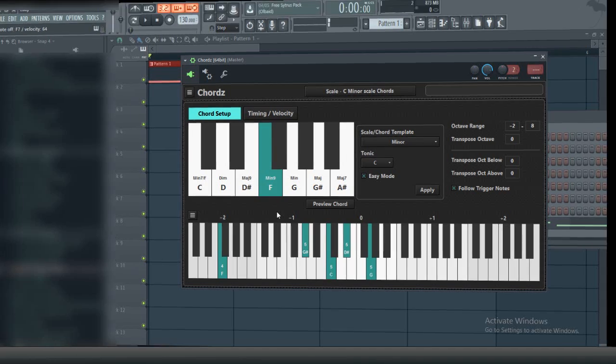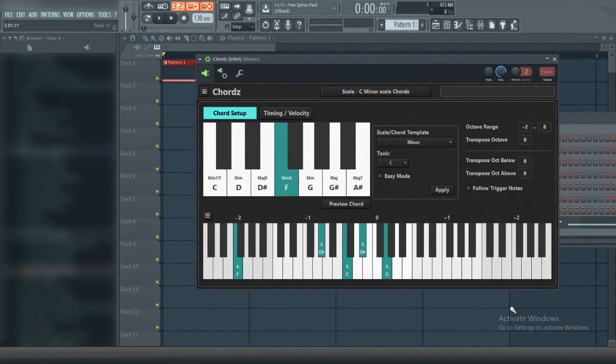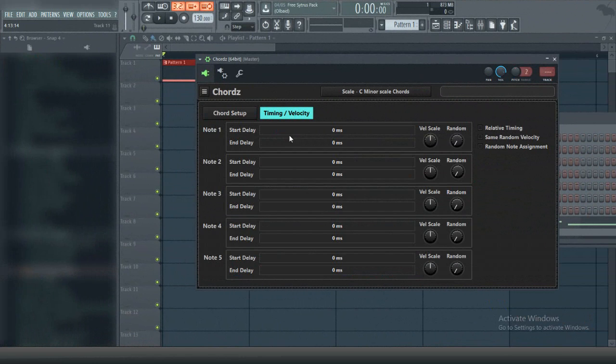All right. And last but not least, you have control over the timing and velocity of each note in the chord. Now, this is very powerful and allows you to get that realistic feel, okay? So here you can adjust the delay timing of each note, okay? The notes are labeled 1 through 5, as you see here. You simply adjust the timing like so, all right? You can also adjust the end time or how long each note is held,